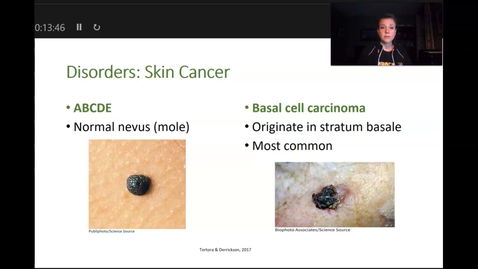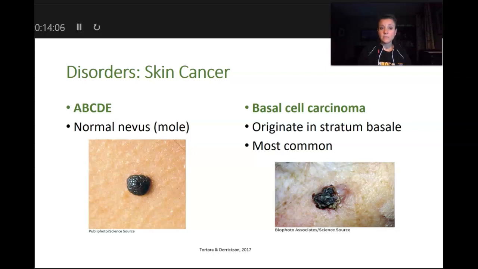So we'll talk about this in more detail on the next slide. But A refers to asymmetry, and B refers to border, C refers to color, D refers to diameter, and E